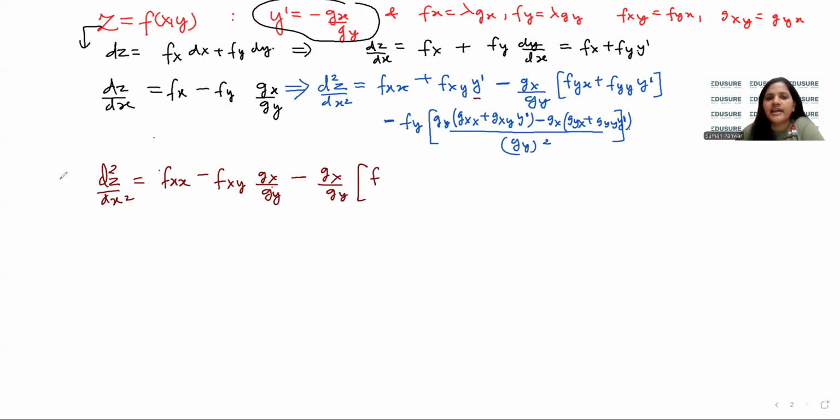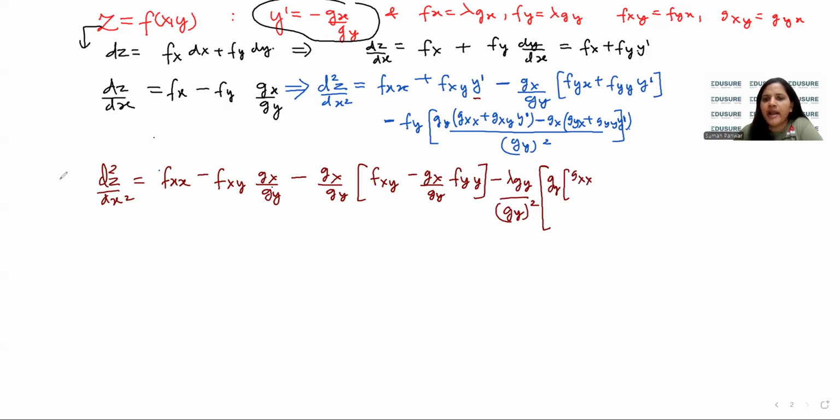Instead of fyx, I can write f of xy. Instead of y dash, we will again write minus gx by gy, fy, y. Then instead of this fy, we can write lambda times gy. And we will have gy square common. And now we will have gy